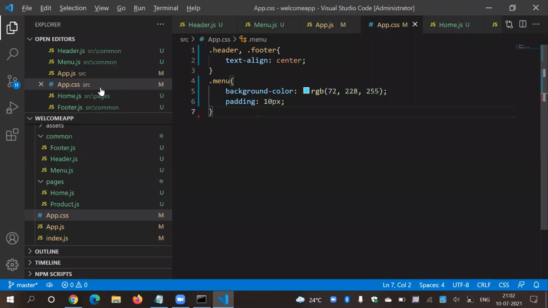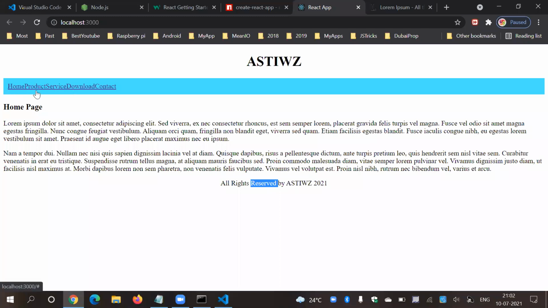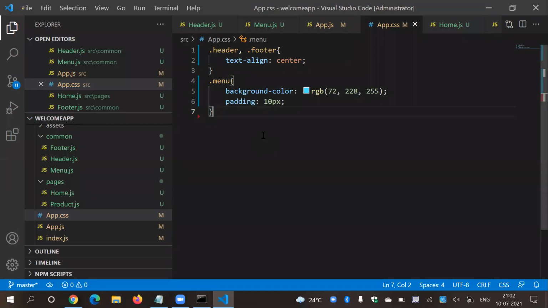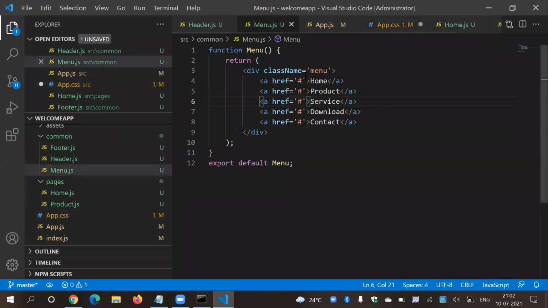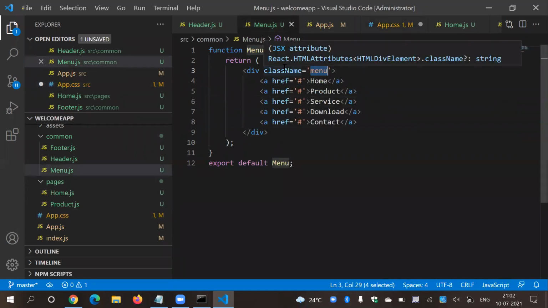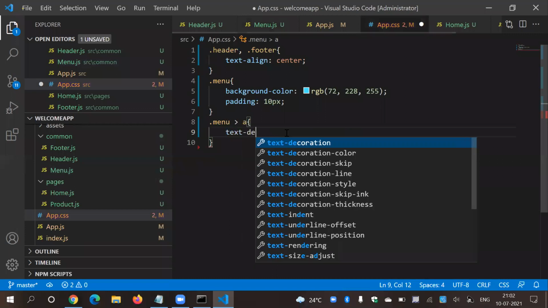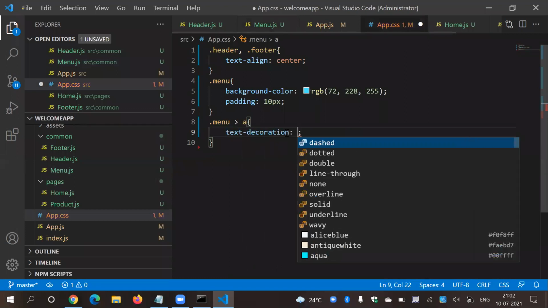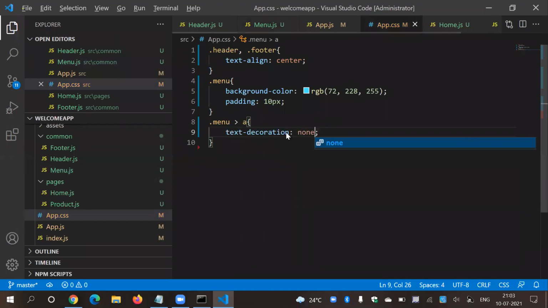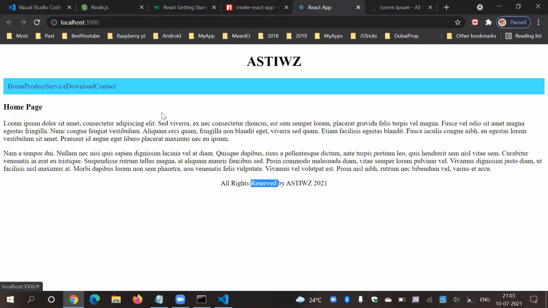But if you see, these menu items are not that attractive. So let's say inside a menu there is an HTML tag a. Inside menu class, means dot. If it is a class, then mention dot, and there is one tag, so a. So first of all, I will remove the underline, text-decoration none. So there is no underline.